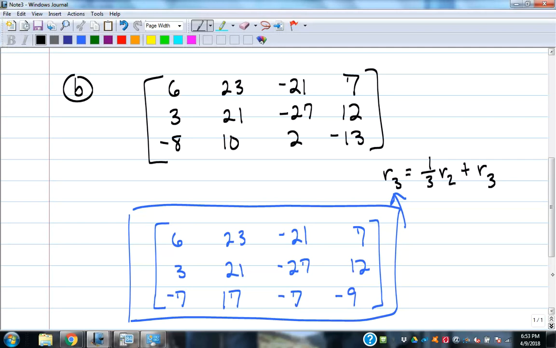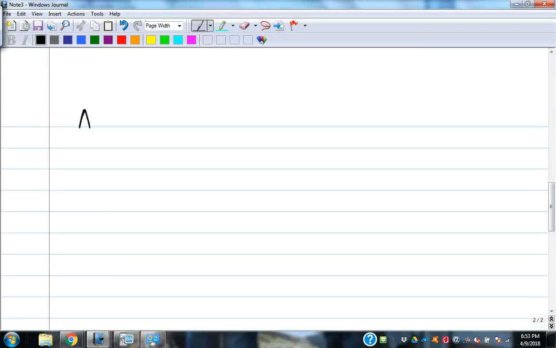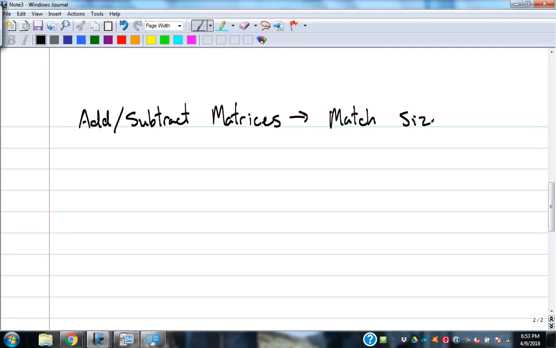All right. So let's look at the next thing. Let's add or subtract matrices. So this is not rows. This is entire matrices. Okay. The rule for this is they have to match sizes. If they're not exactly the same size, you can't add them. You can't subtract them. They've got to be exactly the same size. Okay. The reason that they've got to be the same size,